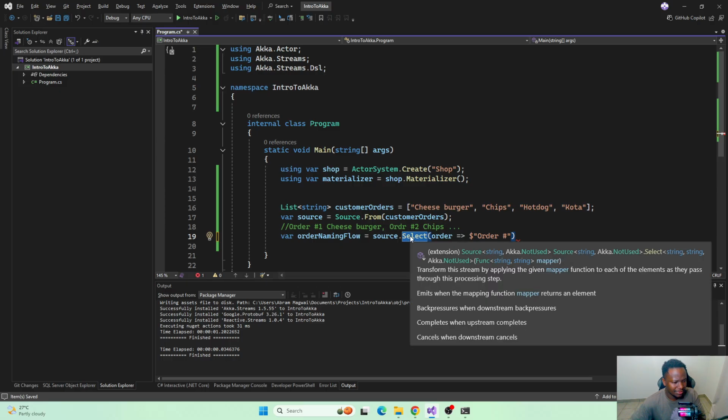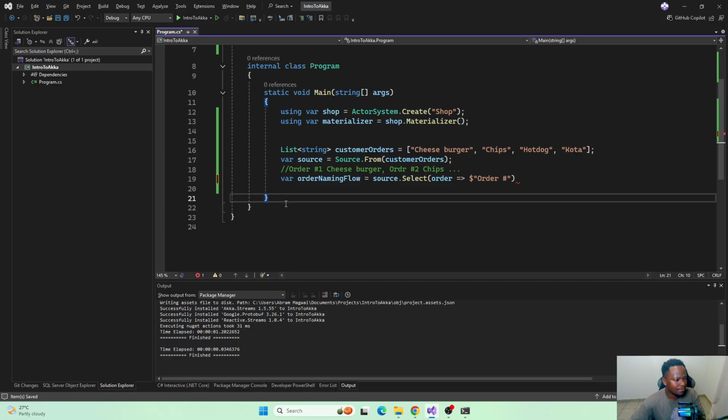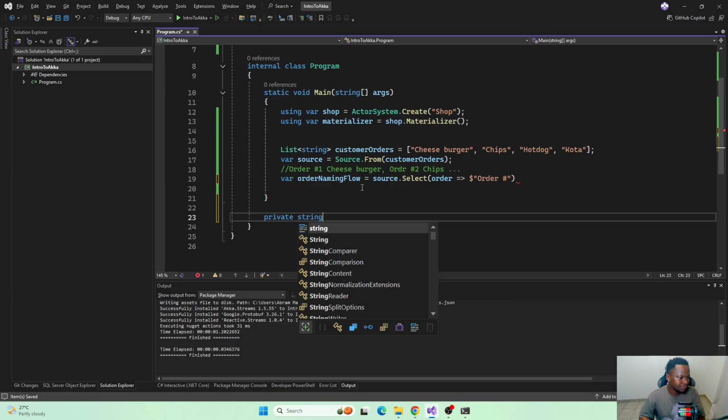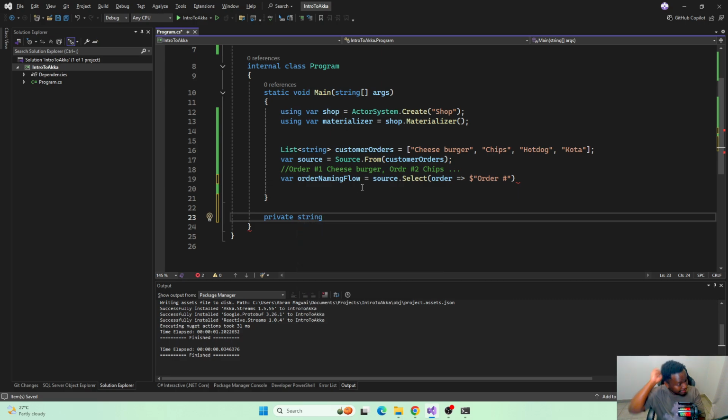Or should we create a separate function? Because I don't think this one will. Let's create a private function here that will actually do that thing. So we create a function that returns a string,